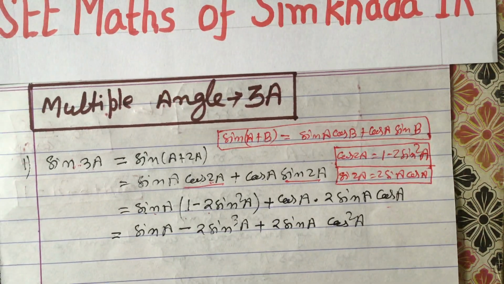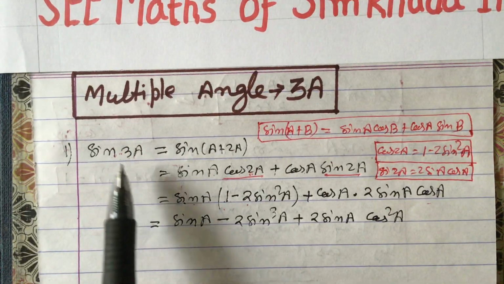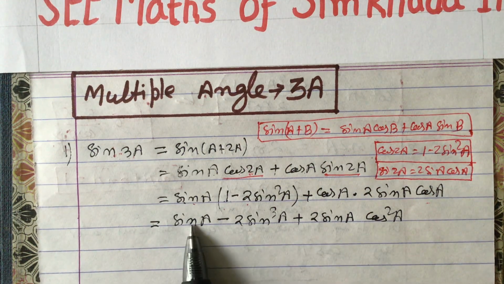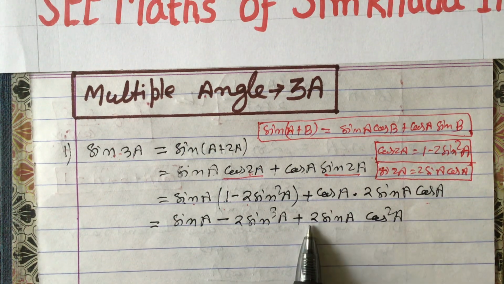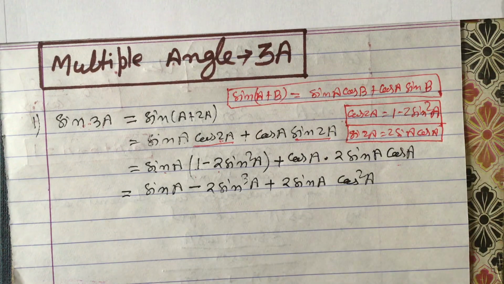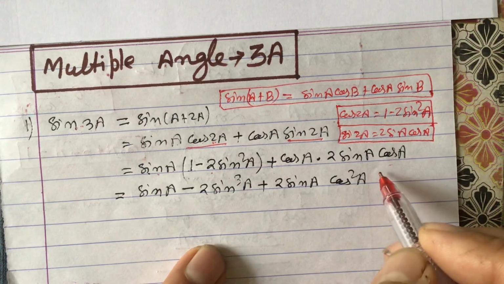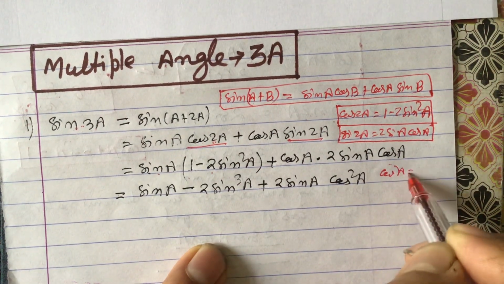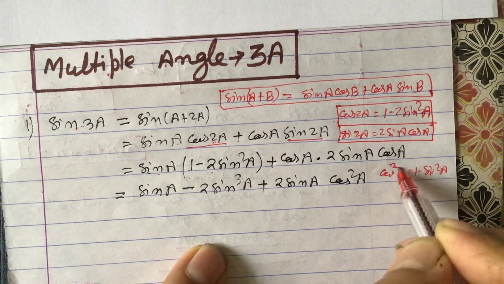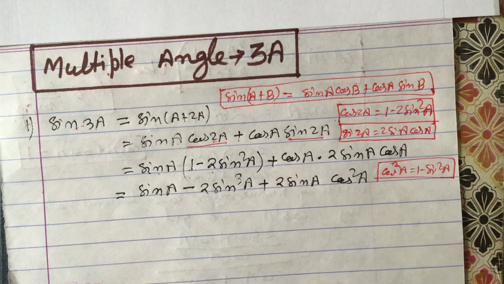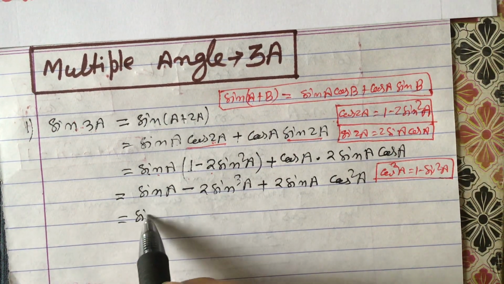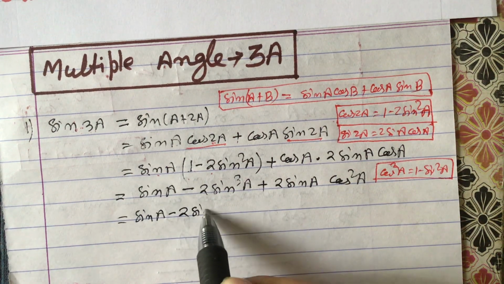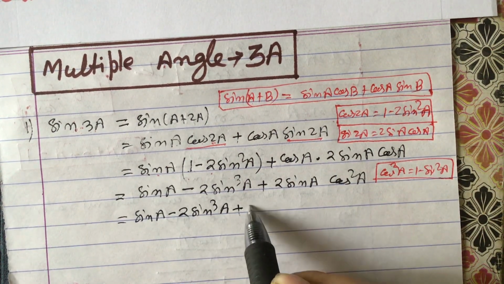Now, what I have told you, the formula of sin 3A will be all in terms of sine. But look at it, all is sine, one is cos. So this cos also we have to change into sine now. So let us put this formula: cos square A is equal to 1 minus sin square A. This formula you already learned in class 8. I think you have not forgotten. So this as it is, you can write sin A as it is, minus 2 sin cube A also as it is, plus 2 sin A as it is.